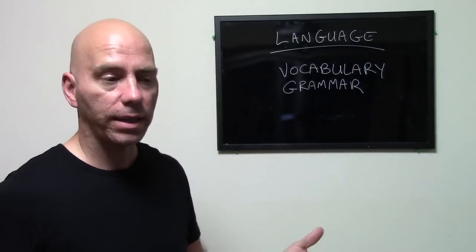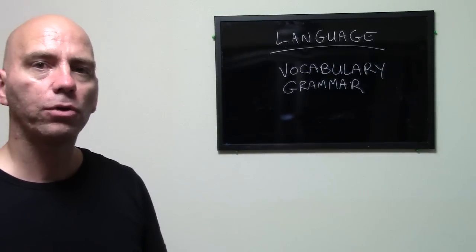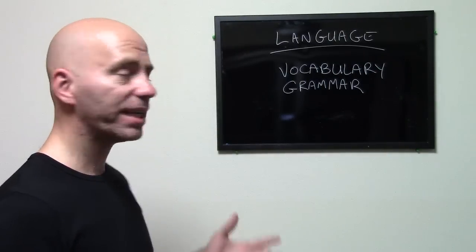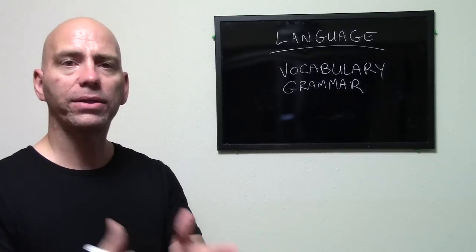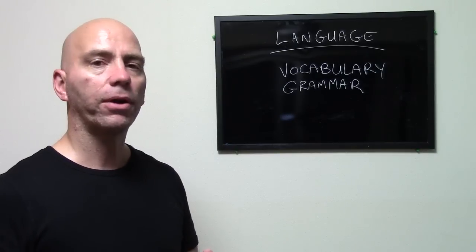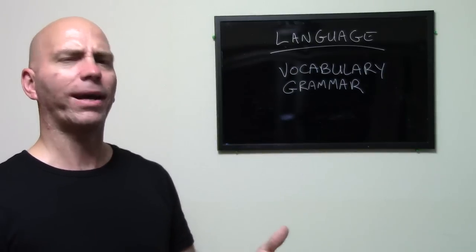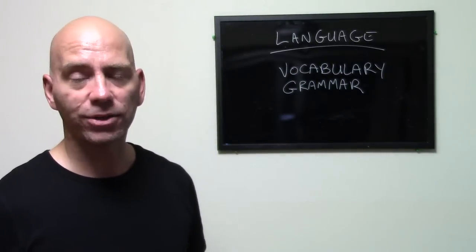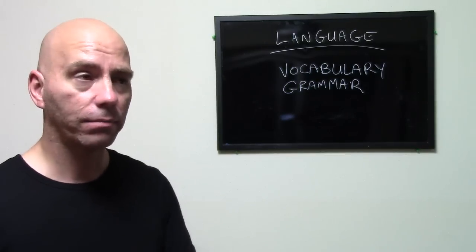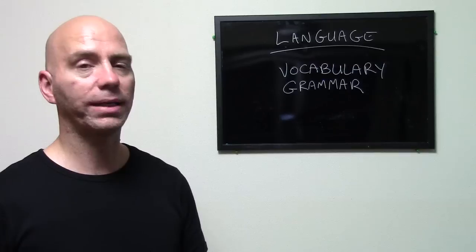Grammar is the system of rules that help you order your words to provide different meanings. For example, if I say, the dog bit the boy, you know what that means. That's no problem. If, on the other hand, I say, the boy bit the dog, well, that's a strange sentence. Maybe it's strange for a boy to bite a dog. That is probably strange, but it can happen, and I'm sure it has happened.